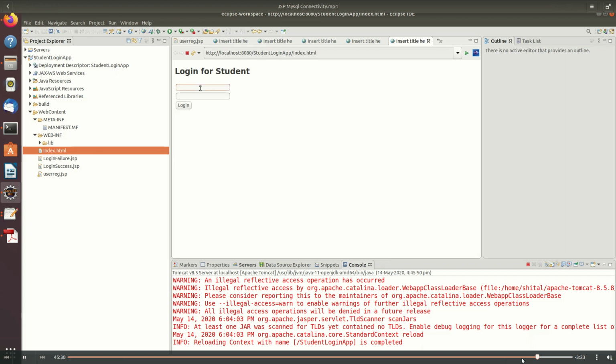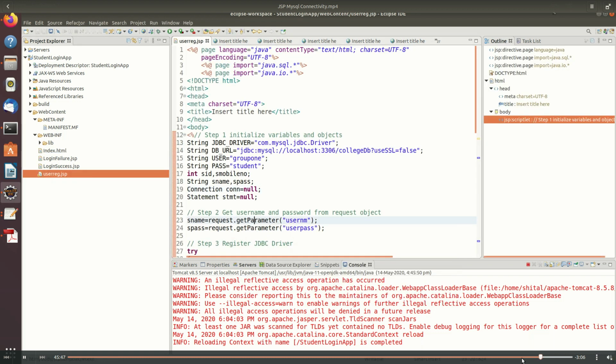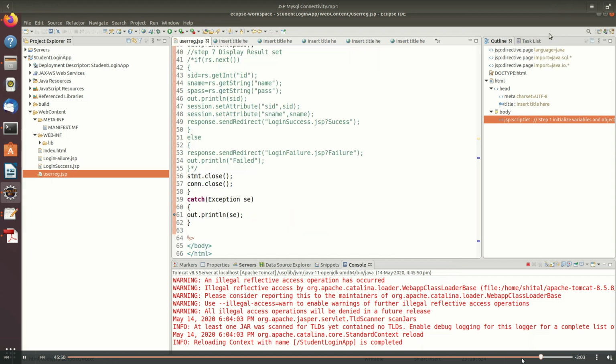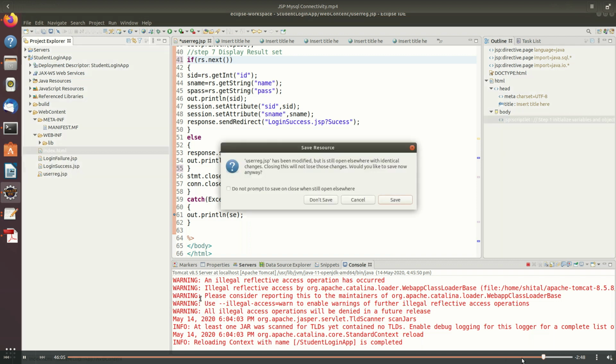Now I enter the values. I'll click on the login button. Now here it is giving me a null pointer exception. Now here there is no exception, which means the drivers are loaded properly and the user is getting access to the database, so everything is fine. So I'm removing some code that I had commented out for debugging purposes. Now I'll execute this code. All my files are ready for the execution. Okay, so I'll run on server.